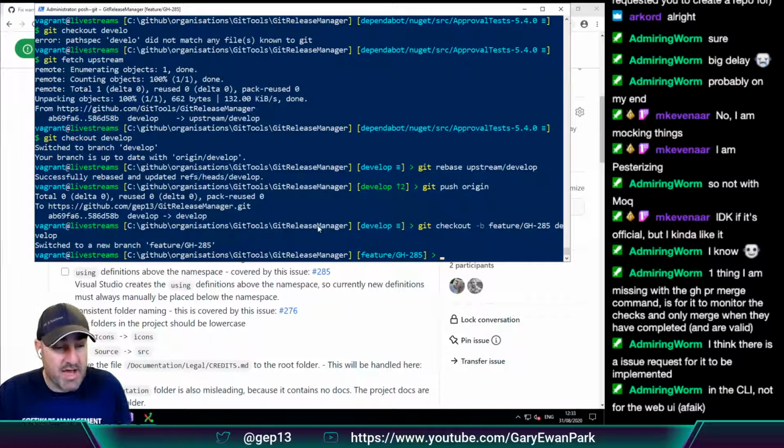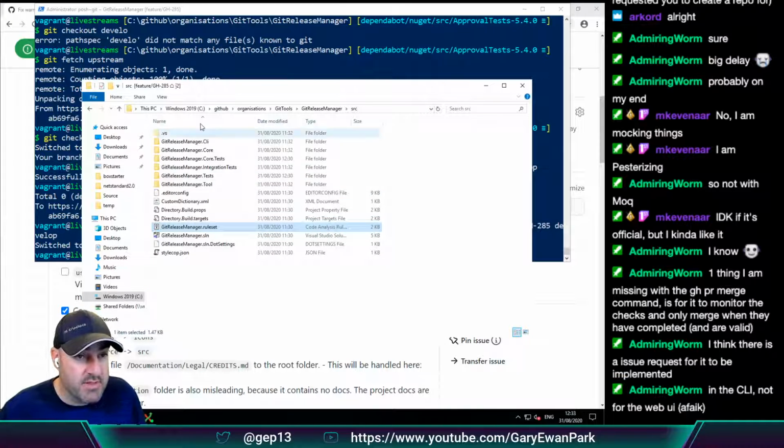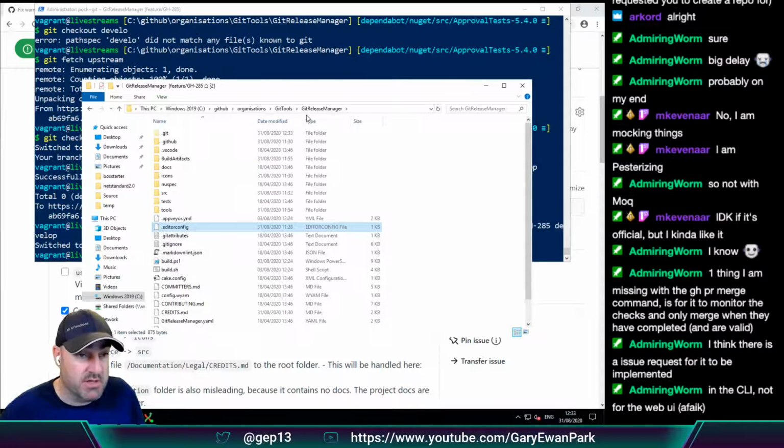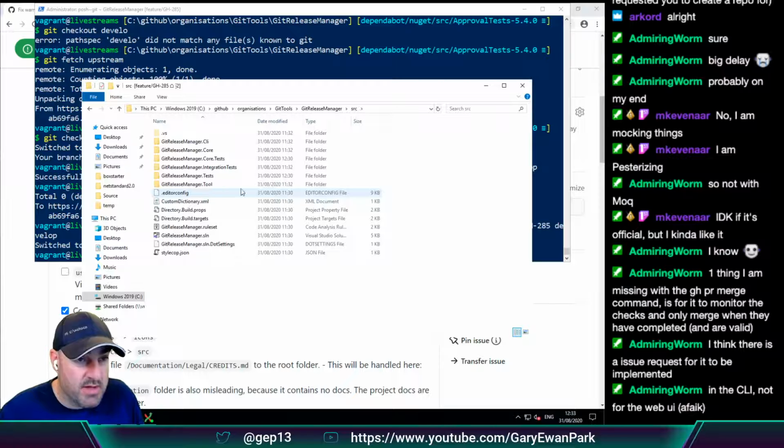Okay. So we have an editor config file in the root of the GitReleaseManager repository, and there's also an editor config file here within the source folder.